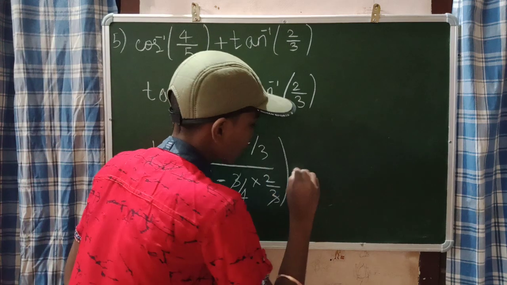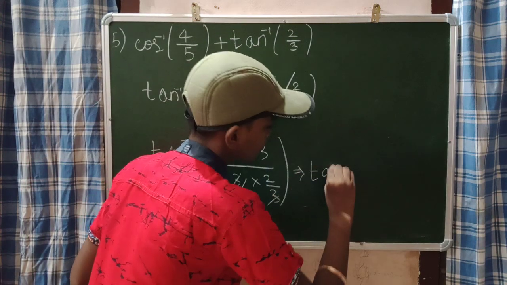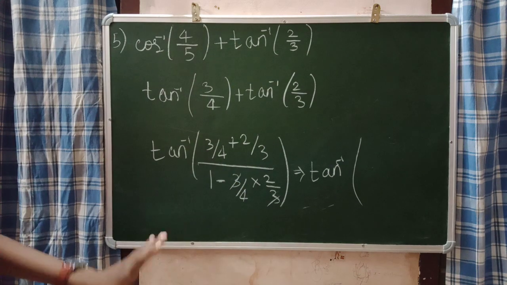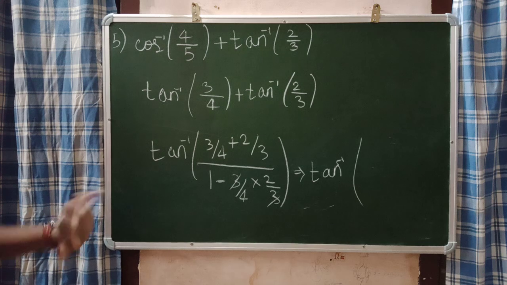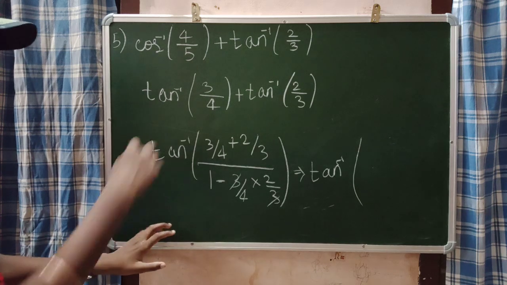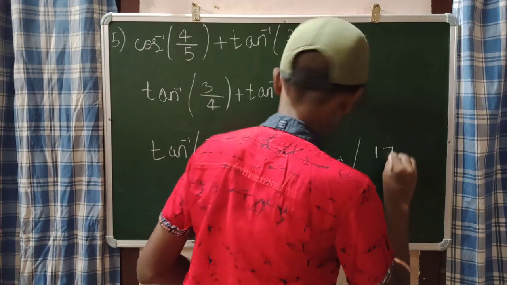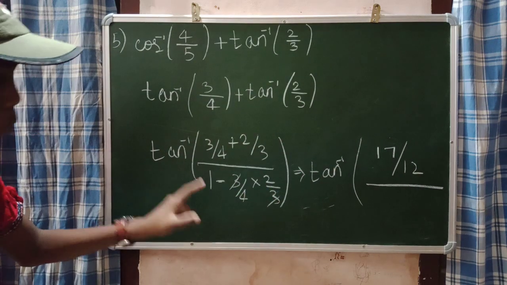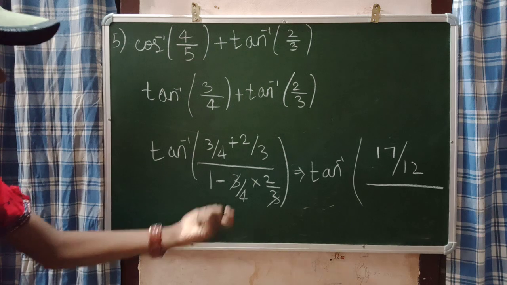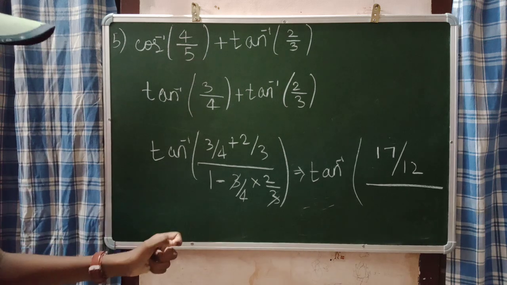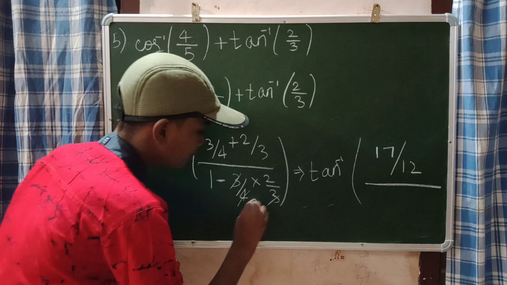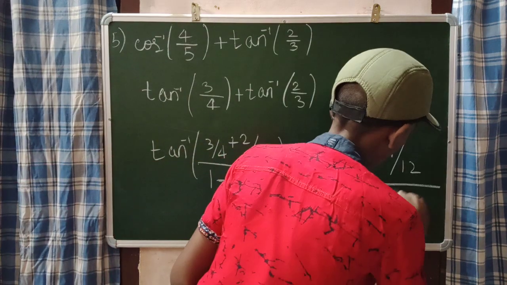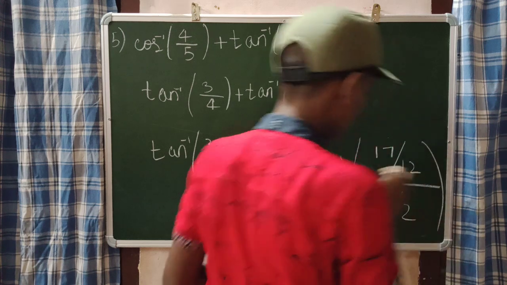So guys, what will be the value? That will be tan inverse of, just your simplification, right? 3 by 4 plus 2 by 3 will be, okay, 8 plus 9. Now you will get 17 by 12. Then in the denominator, what you will have is 1 minus AB, which is 1 minus 3 by 4 into 2 by 3. So this will be 2 and this will be 1. So you will get 1 minus 1 by 2, which is 1 by 2 only.